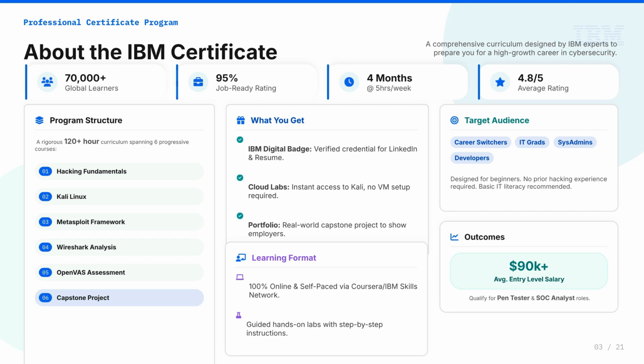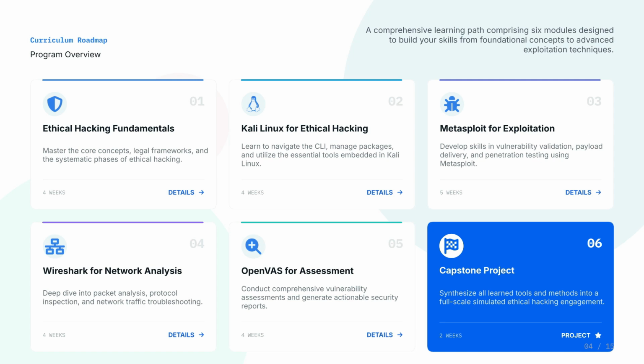This comprehensive curriculum is designed by IBM experts. It spans 6 progressive courses, takes about 4 months to complete, and prepares you for high-growth careers like penetration tester and SOC analyst. The program roadmap consists of 6 modules. You start with hacking fundamentals and progress through specialized courses on Kali Linux, Metasploit, Wireshark, and OpenVAS, concluding with a